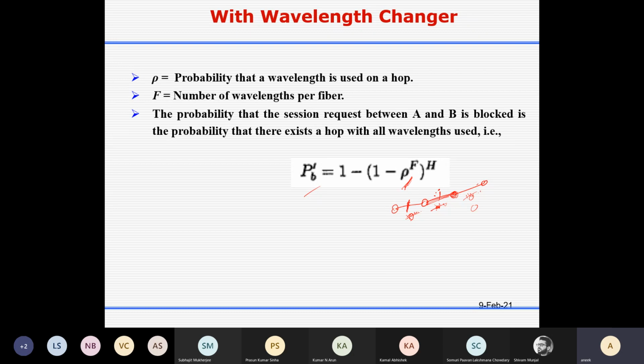Let's say there is no wavelength converter or wavelength changer, but your traffic load is very low. Maybe one connection comes, then after half an hour another connection comes, and each connection lasts only 5 minutes. So it is expected there will be no blockage. It also depends on how many fibers you use. If you have an infinite number of fibers, even without a wavelength changer, you will not experience any blocking.